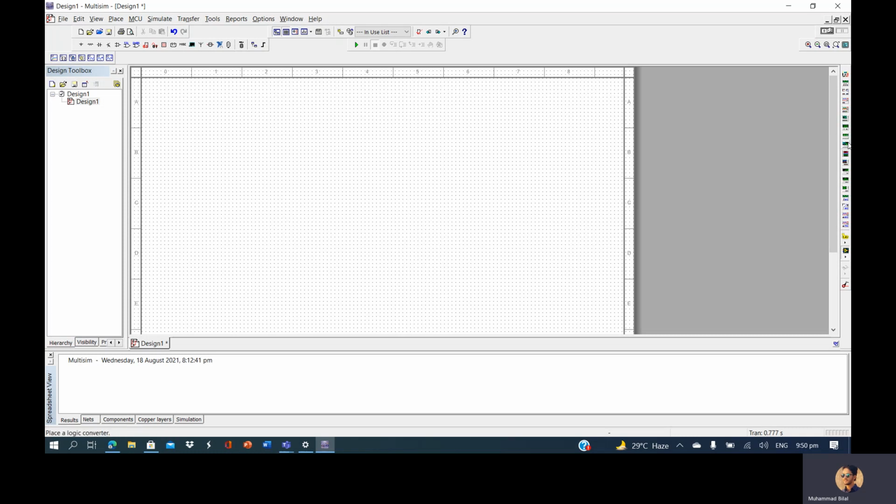A lot of different kinds of devices are available in this software, almost all kinds of devices. Here we can see different kinds of resistors, diodes, transistors, and analog devices, transistor logic, CMOS, and different kinds of components.